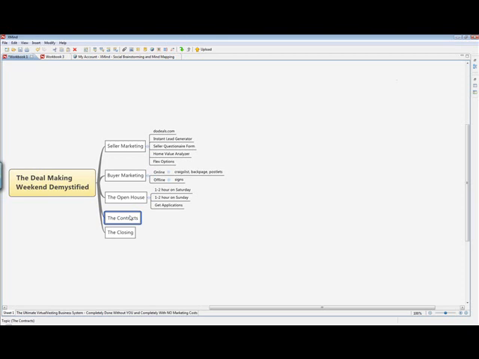That's pretty much the process. And depending on whether you're doing owner financing or a contract for deed, you're going to close at a title company or an escrow company.